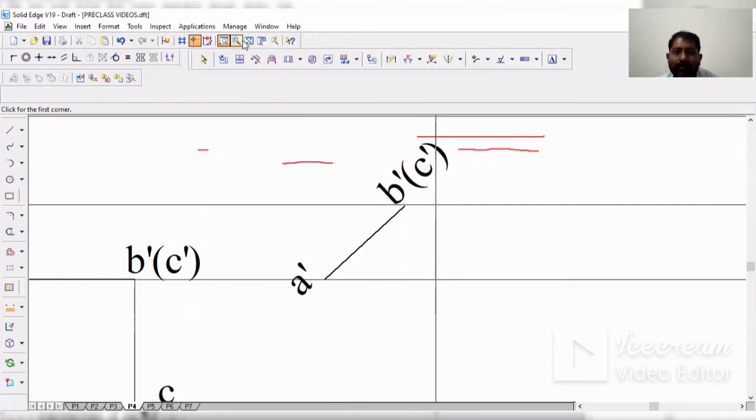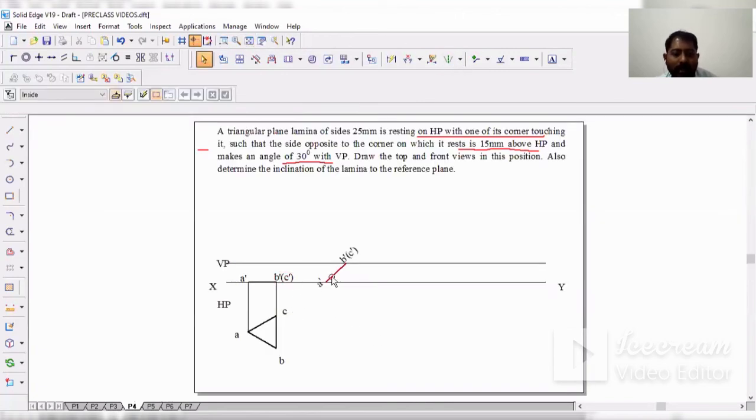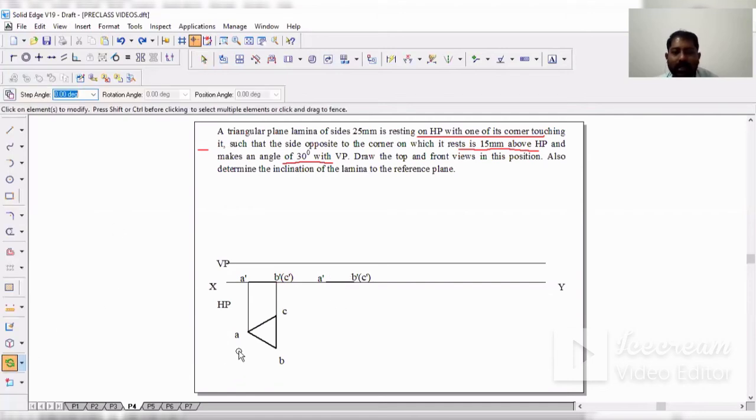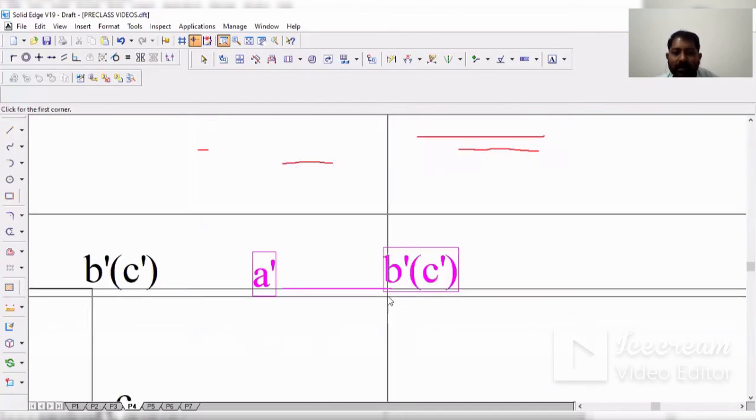What I should do is fit and undo that one. Again, I'll go to the rotate command. Here I need to rotate: select the object to be rotated, and click the point to be rotated. This is the point to be rotated, and I'll zoom here for my reference.